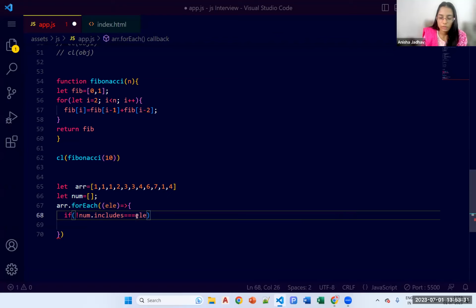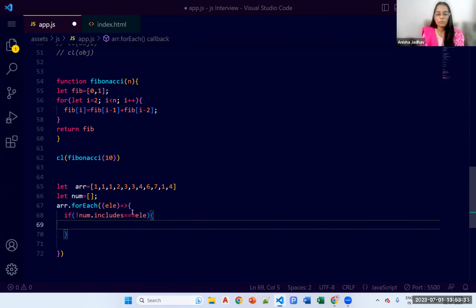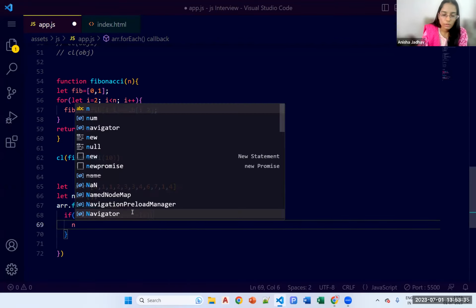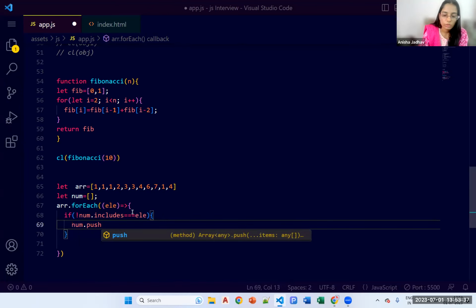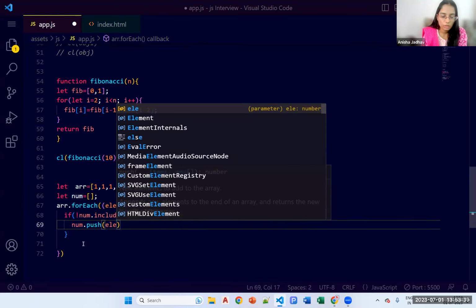Element. Then just num dot, here you can